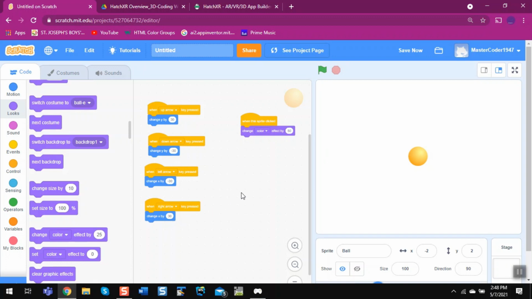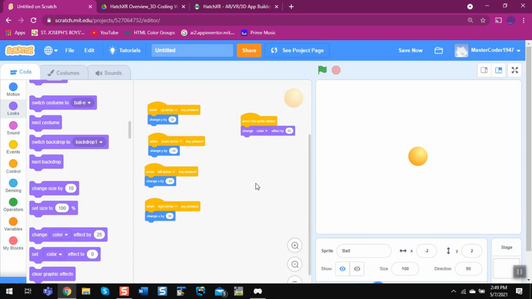See, we have done this. Now if you click on this one, see the colors are changing. See, all the colors are changing. So this much code we have done to create this very simple app.